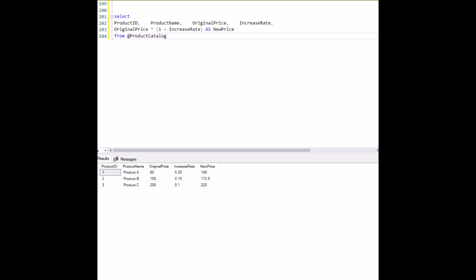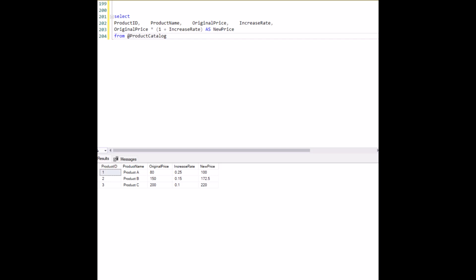Let's break down that query. Okay, after creating the user-defined dataset and inserting data into the table, the query selects all products and calculates the new price using the formula